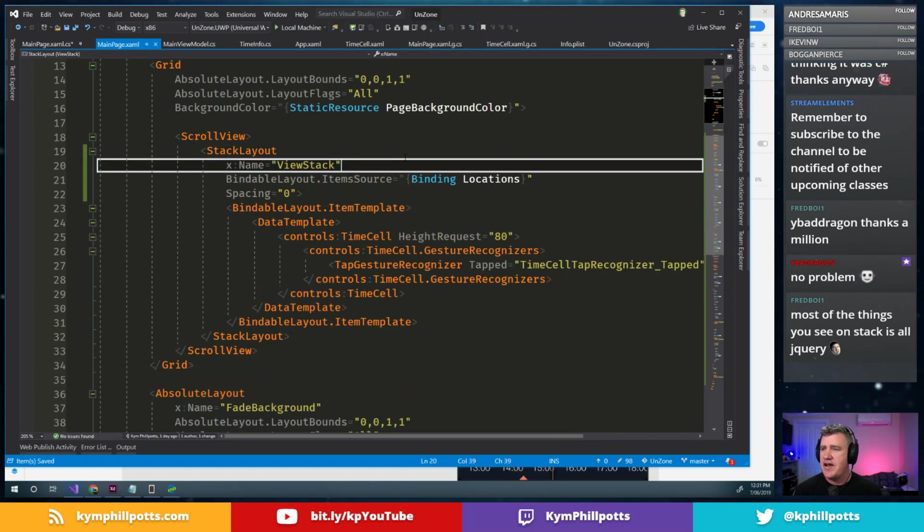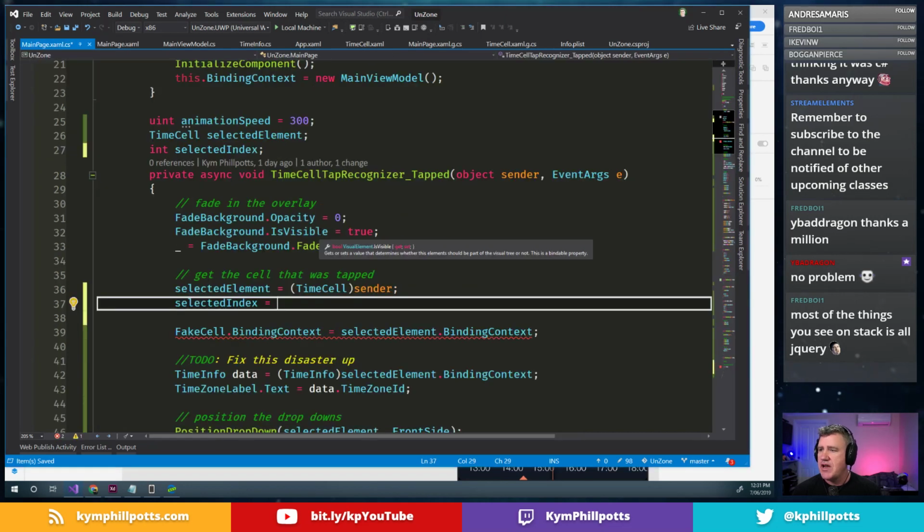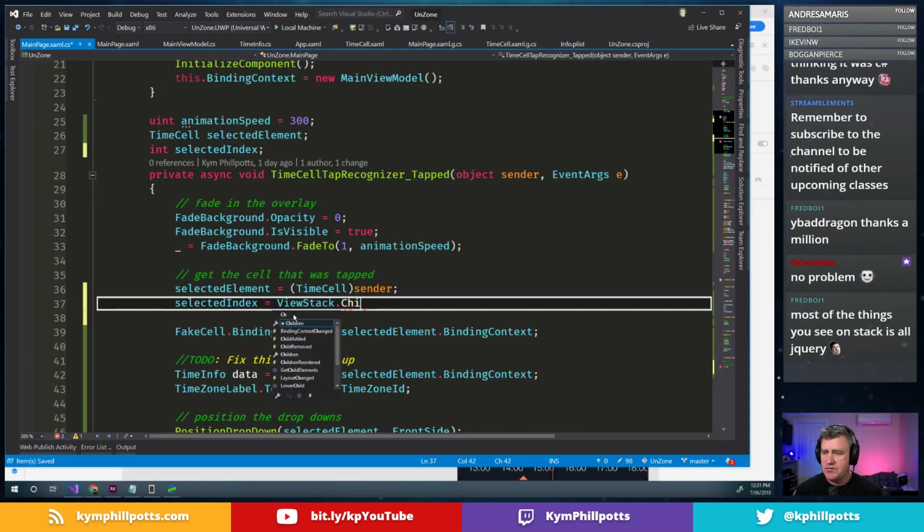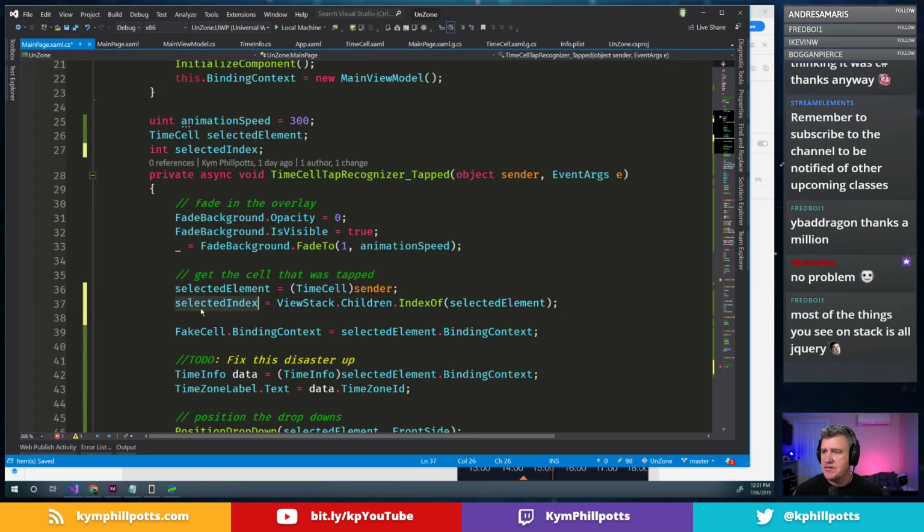Okay, that's our view stack. So we want to have a look at its children. So we want to say viewStack.children index of our selected element. All right, so that will give us the index, because then what we can do is we can